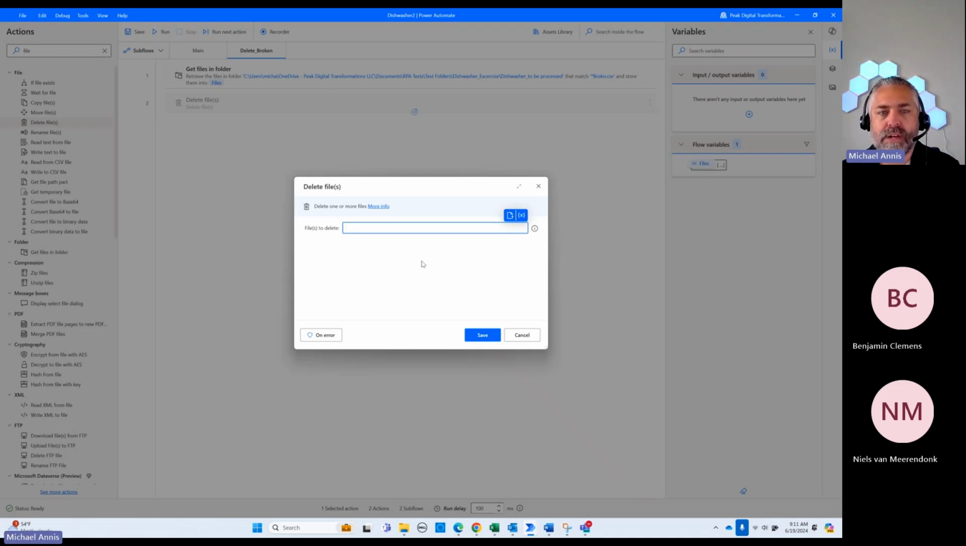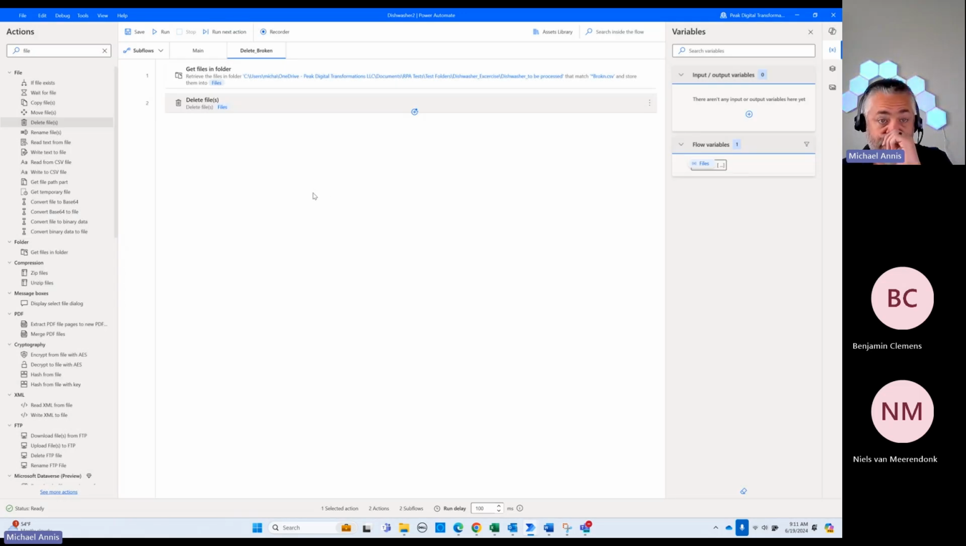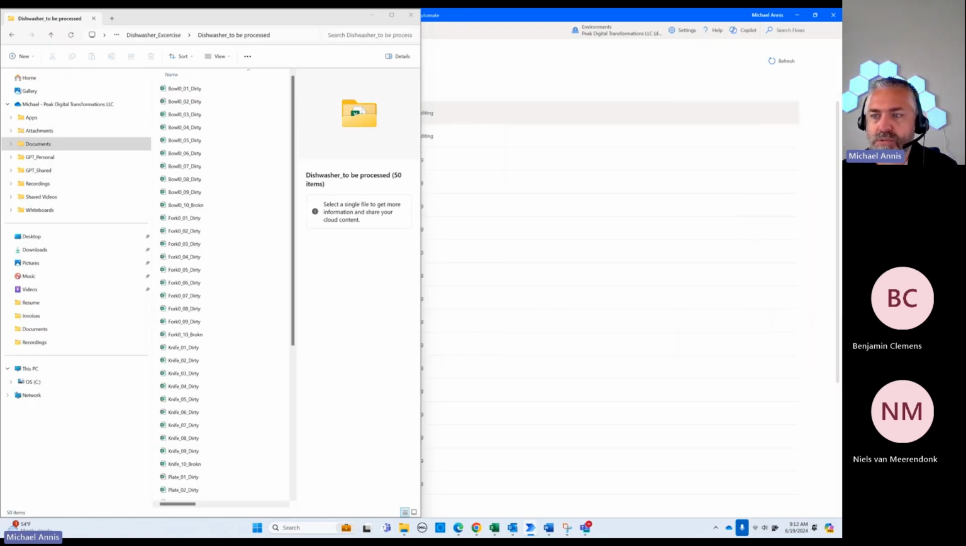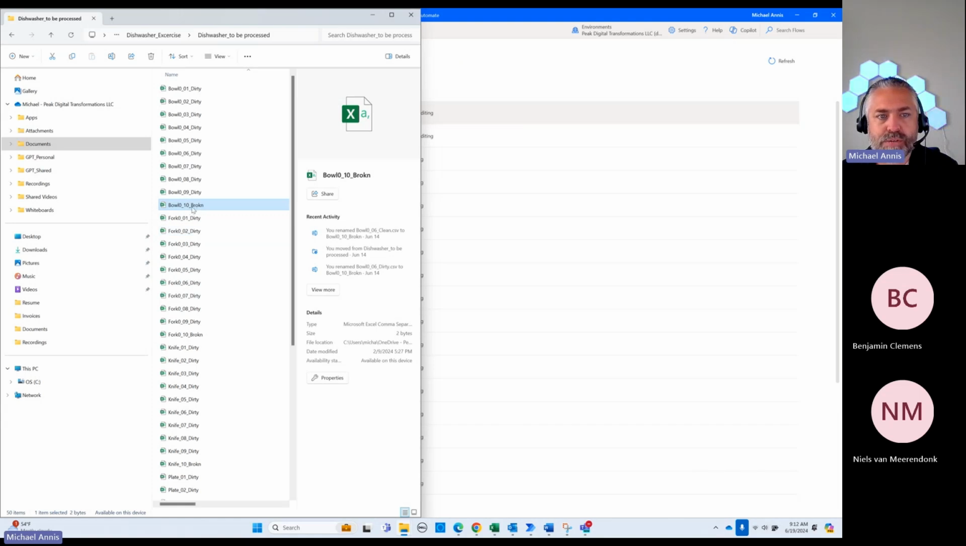So now we can use this delete file. And if we just say files, it's going to delete every file. If you're following along, don't run this, but I'm going to go ahead and run this just to show that it's working. So right here, as an example, here's broken right here. If I run this, same as before,